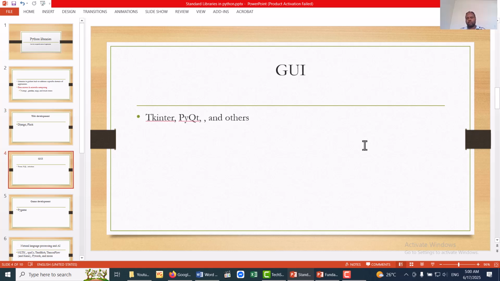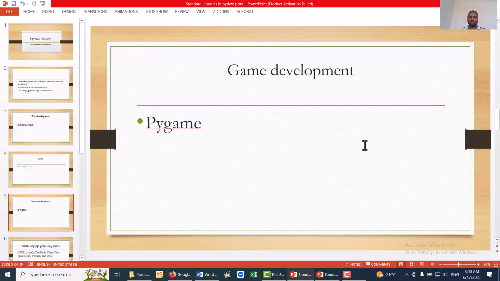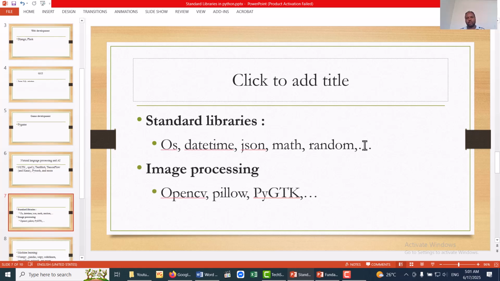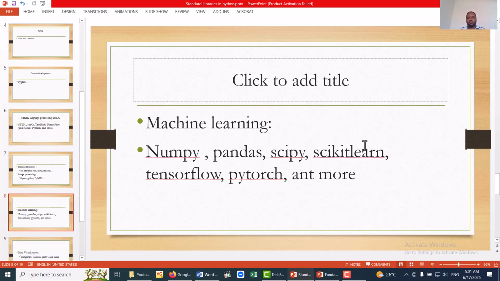For desktop graphical user interface, one can use Tkinter, PyQt, and others. For game development, we may use Pygame. For AI and natural language processing, we can also use modules or classes or libraries. And we do have standard libraries that we call os, datetime, json, math, random, and etc. For image processing, we may use OpenCV, Pillow, or GTK. Particularly for machine learning,